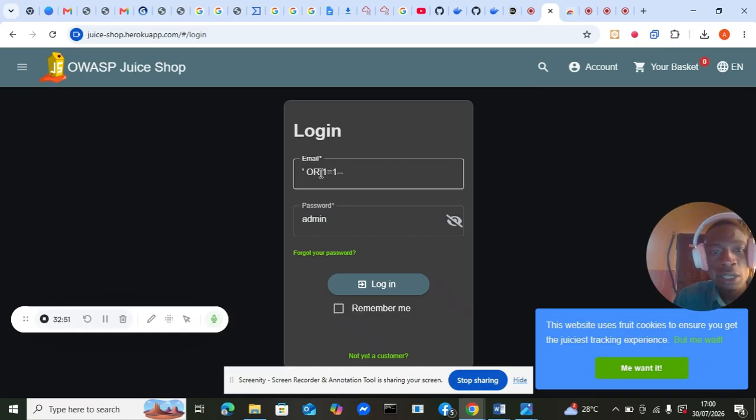I know that I'm supposed to use email here, right? But remove the email from me, and then 1=1 is always true. Then I have my dash dash in this particular environment, so two dashes over here, and then I'm going to log in, and you're going to find out that this website is going to log in by itself.